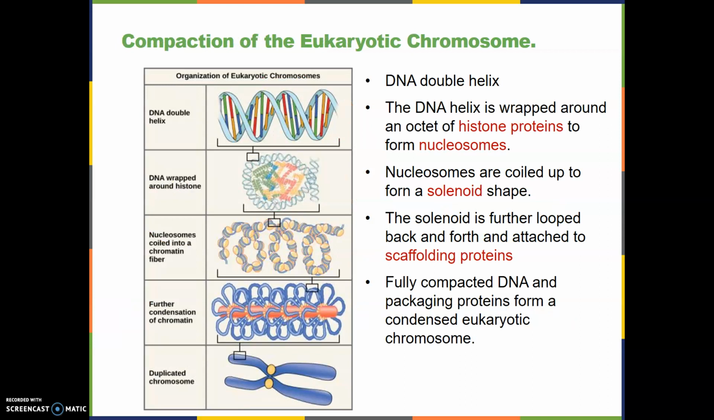When DNA does compact and form chromosomes, that happens, remember, in prophase of mitosis. To understand this DNA compaction, you start out with the DNA double helix, that's naked DNA, just plain DNA. That DNA wraps around histone proteins. Now that combination of DNA and histone proteins is called a nucleosome. The nucleosomes are coiled up to form